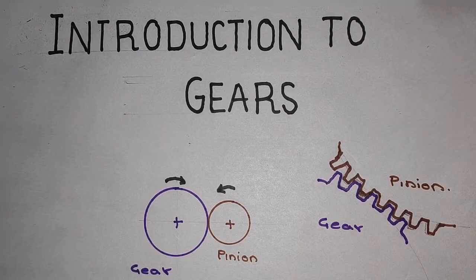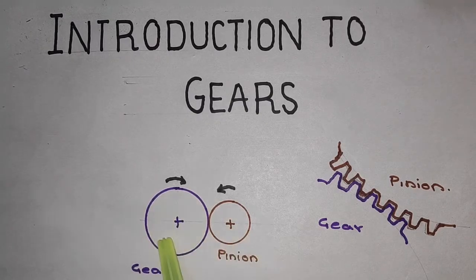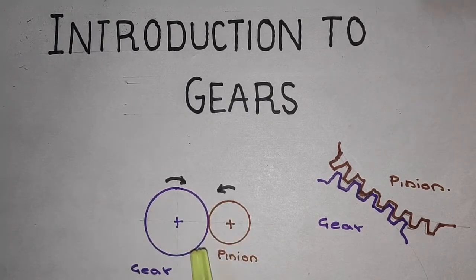Gears always operate in pairs; that is the function of gears. If there is a single gear wheel, it is of no use, and it will not perform its desired function. To perform its desired function, there always has to be a couple of gear wheels meshed with each other. So they always operate in pairs. We have a smaller gear called the pinion and a larger wheel called the gear. The larger wheel is the gear and the smaller wheel is the pinion.